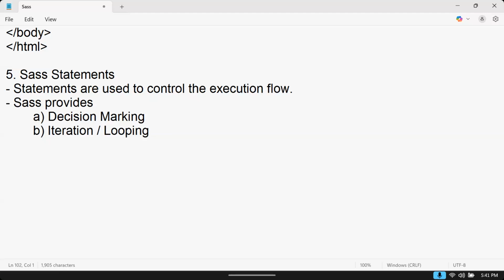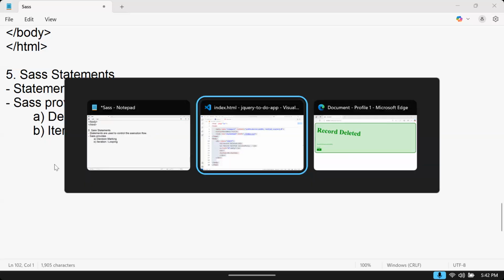So generally, how can we use the statements? For decision making statements, if and else are used. For iteration and looping, the for statement is used. Here you don't have any while or do while like options. Here we do iterations by using for, and decision making is done by using if. For example, see,